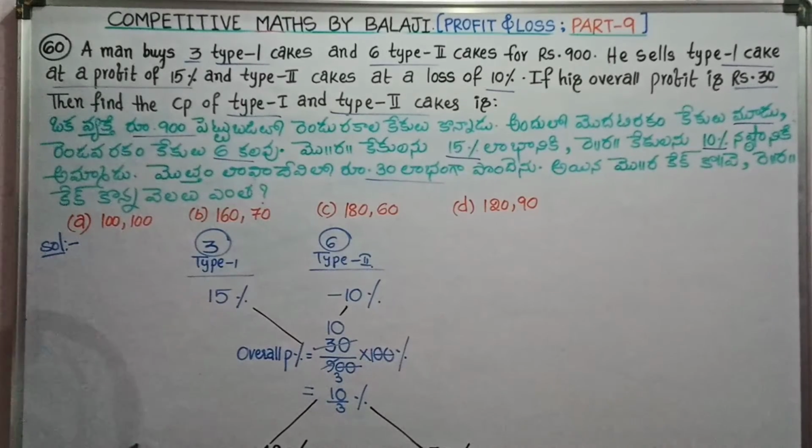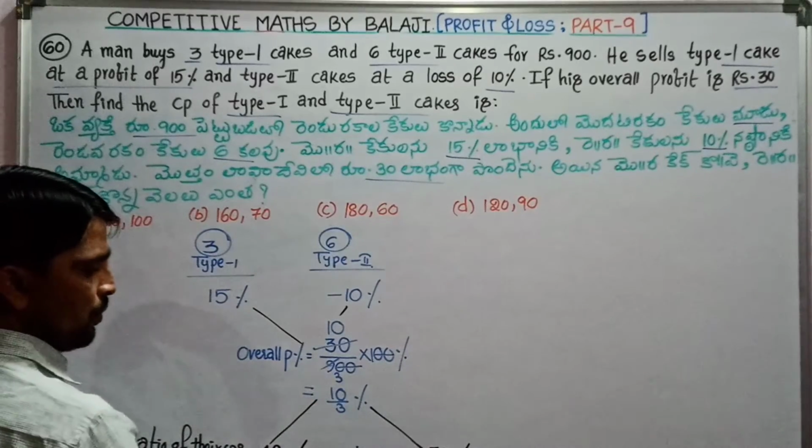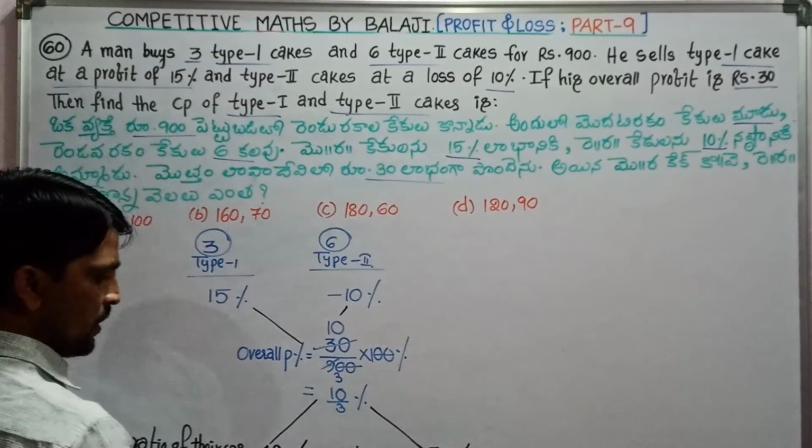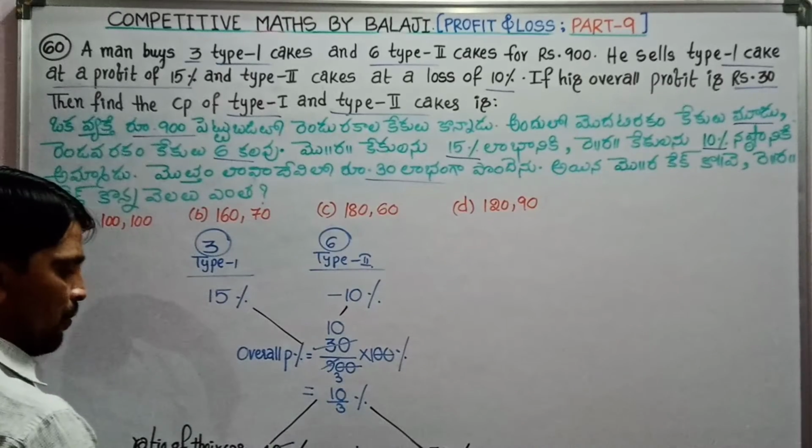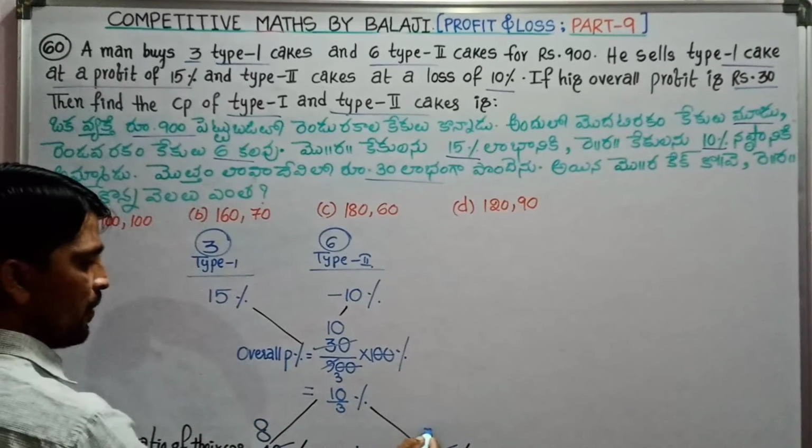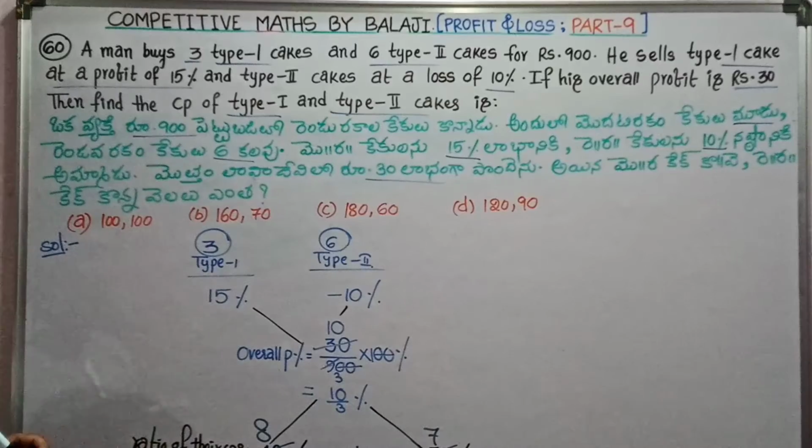This is the ratio of their CPs. Yes. Let us consider the ratio. Percentage, 3 gets cancelled. 5 8s are 40, 5 7s are 45. So